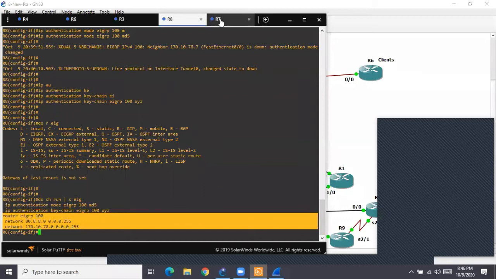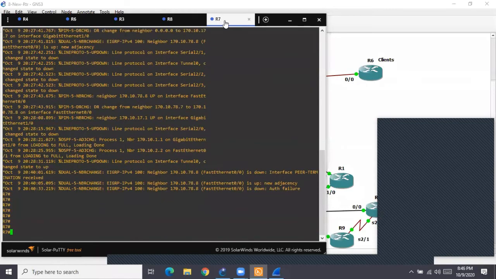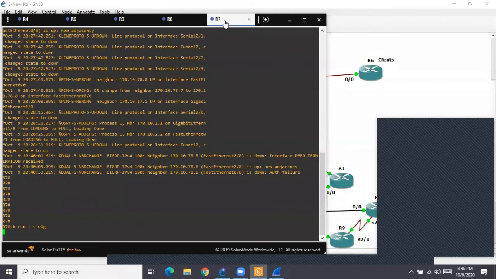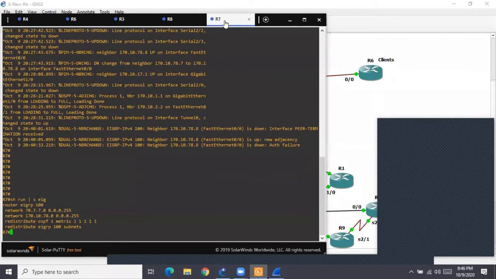Now on R7, what I'll show you right now, R7 is also configured traditionally only. But what I'll do, I'll remove the traditional and we enable what? 64-bit authentication. Why? Because in 64-bit, we can have the SHA support also.